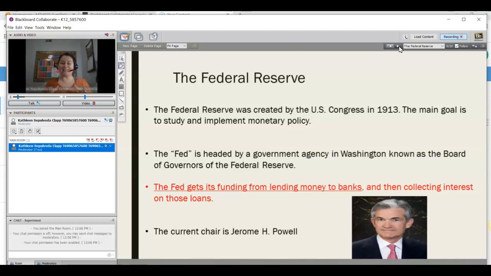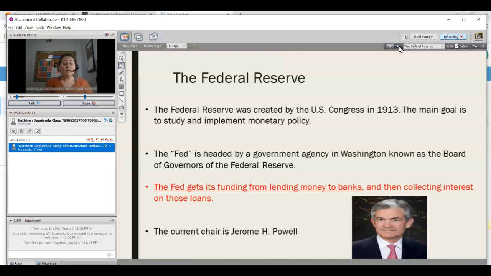So what happens is the Federal Reserve loans money to the bank, and the bank then will loan you that money, and obviously it will cost you a higher interest rate, because on top of that, the bank is paying back the interest to the Federal Reserve. That's how the Federal Reserve gets their money, but the bank also wants to profit on it. That's why, as the people who are borrowing it, the lowly people down here, we're going to be charged a much higher interest rate than maybe even the bank that is borrowing this money from the Federal Reserve.